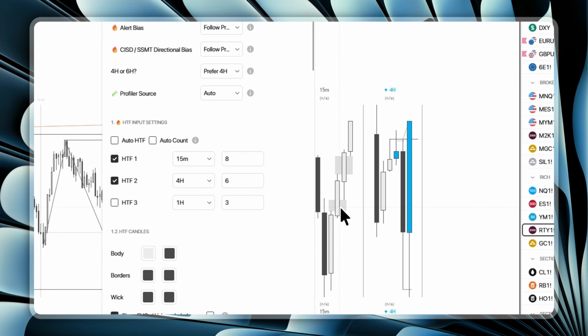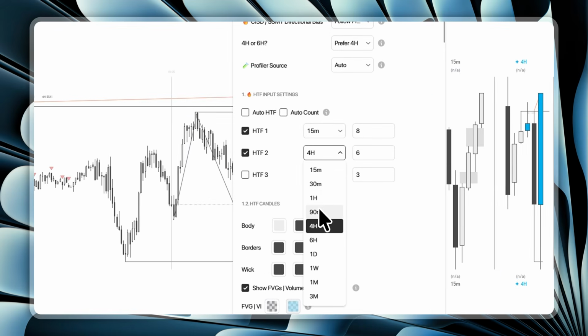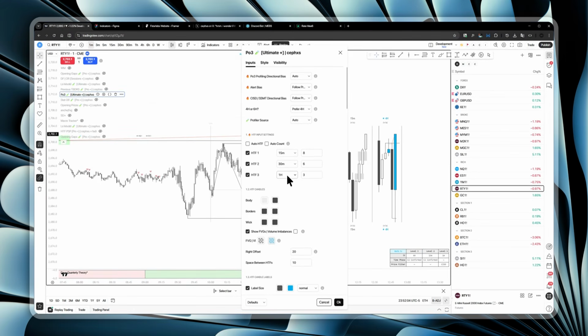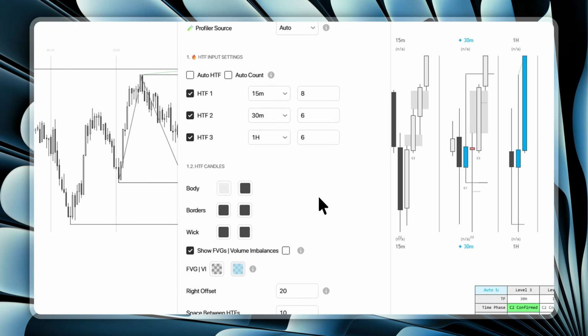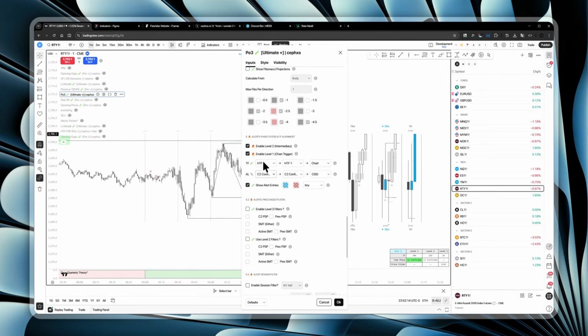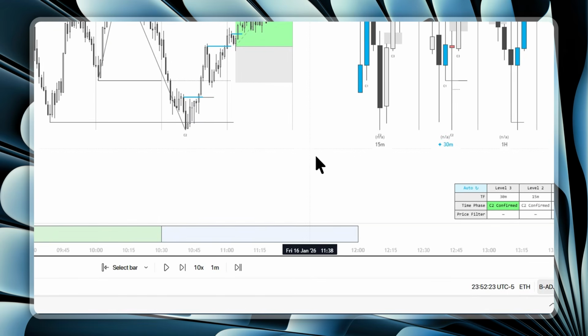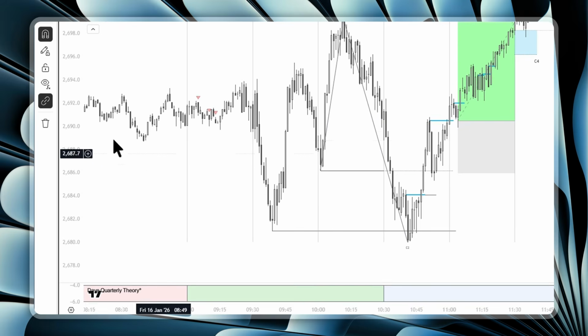For example, this is like one really good fractal alignment that I like. So it goes 15-minute, 30-minute, and then 1 hour, either the 1 hour or the 90-minute. So for this example, I'm going to use the 1 hour and I'm going to increase it to like 6, right? So I'm going to go down and I'm going to set this to HTF3. So the main time frame is going to be the 1 hour, not the 30-minute. And I'm going to set this to HTF2. And you're going to see right here, just very clearly that